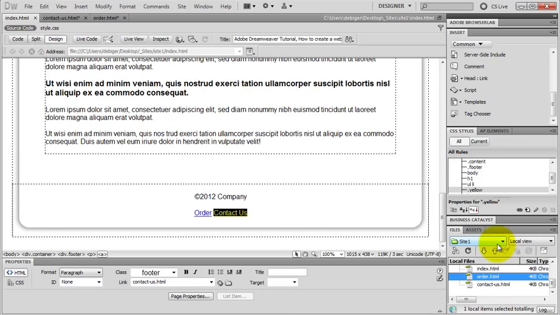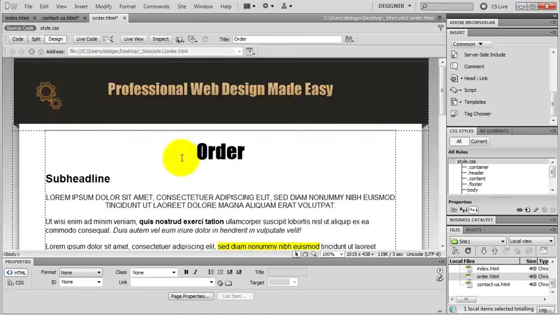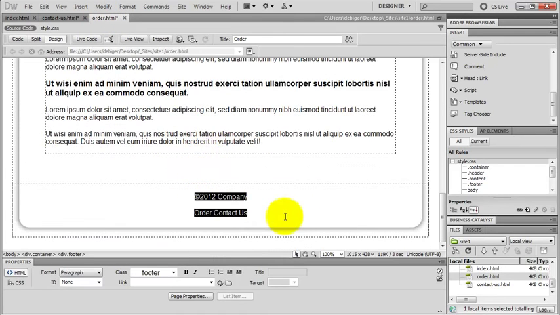Make sure your Dreamweaver site is opened because otherwise Dreamweaver can't update your links, and also you have to save your page. Okay, I copy the content inside of my footer, and I'm gonna update my other two pages. I go to my contact page and paste it in. I just pressed Ctrl V, go to my order page and update it as well. Okay, I go back to my home page,